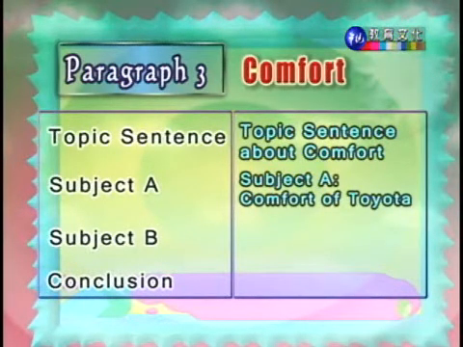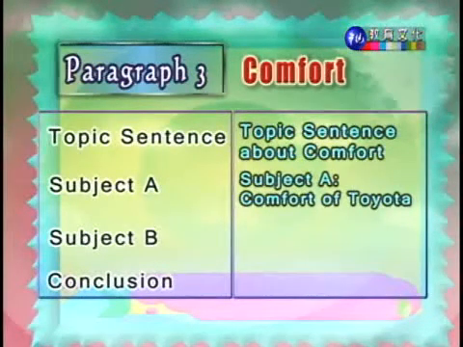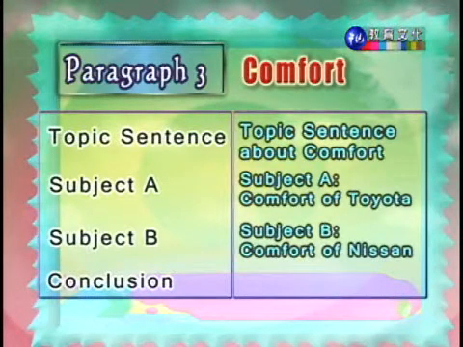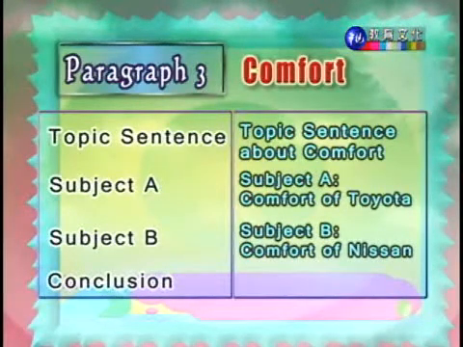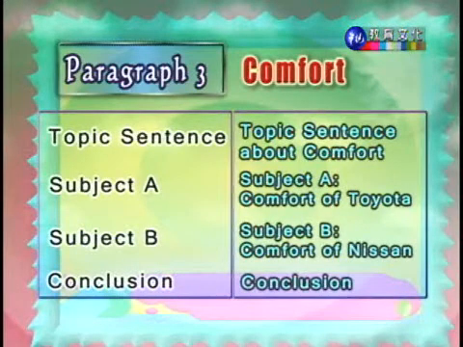And now we're going to have subject A, which is the comfort of the Toyota automobile. You can also notice that in the last paragraph we talked about Toyotas first, so this paragraph will also talk about the Toyota first. 好，接下来呢，我们会先来探讨 Toyota 它的这个舒适度。在我们上一个段落之中，我们是先探讨 Toyota，才轮到 Nissan，所以在这个段落之中，我们也是照同样的顺序来写。Right, now we'll continue and we write about subject B, and so this is about the comfort of the Nissan automobile. 接下来我们探讨的是 Nissan 它的舒适度。